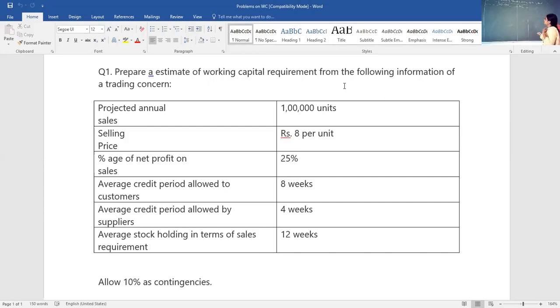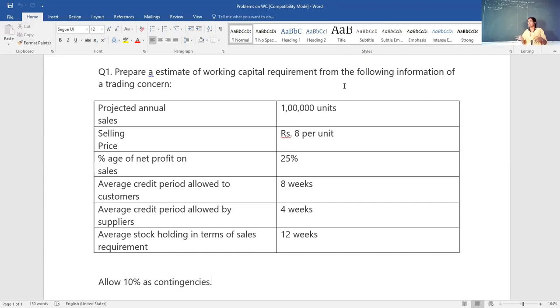Okay, so now before we start with calculation, we start with what? We start with current assets. So current assets. Okay, now under current assets, 1 minute. So statement of working capital. Firstly, we will write current assets. So under current assets, as I told you, there are two assets now that is given to us. One is stock, that is average stock holding in terms of sales. That is nothing but stock of raw materials. And then we have sundry debtors as current assets.